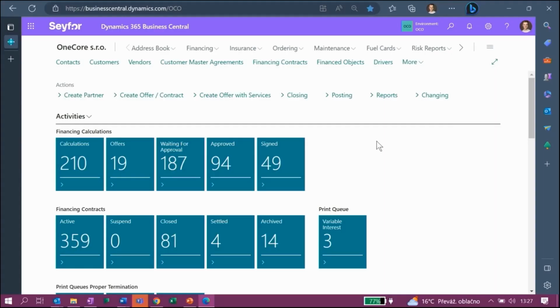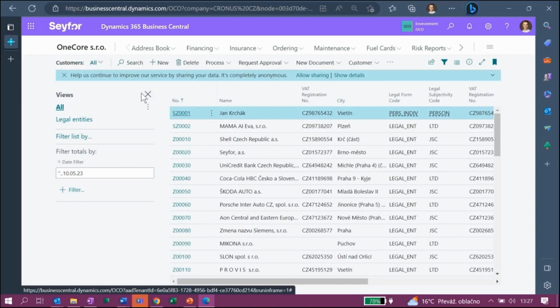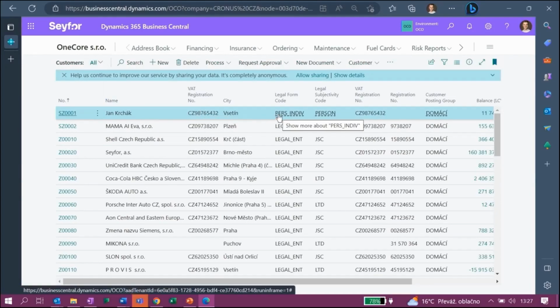So we are back in the system. Now I will just show you how simple it is to export some part of the system to Excel, or how to share via Teams. For example, we can open the customers database. Once we open the customers database, we will get this kind of table and we will see all of the information about the customer: VAT registration number, city, what is the legal form code, and all the other details which